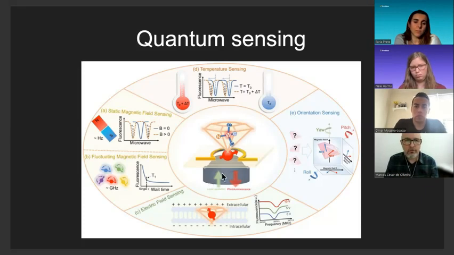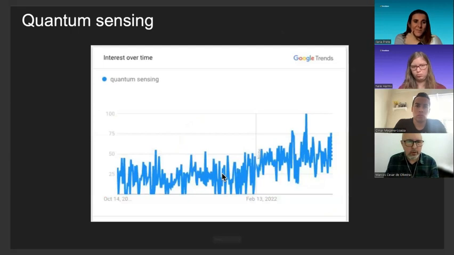So just for us to close on our talk, I'll show you the Google trends for quantum sensing. In a 5 year scale, we had an average of around 25 hits on the internet, but after February 2022, we saw an increase. This shows us that right now is the exact time to be working on quantum sensing, because there are many things to be discovered and used.